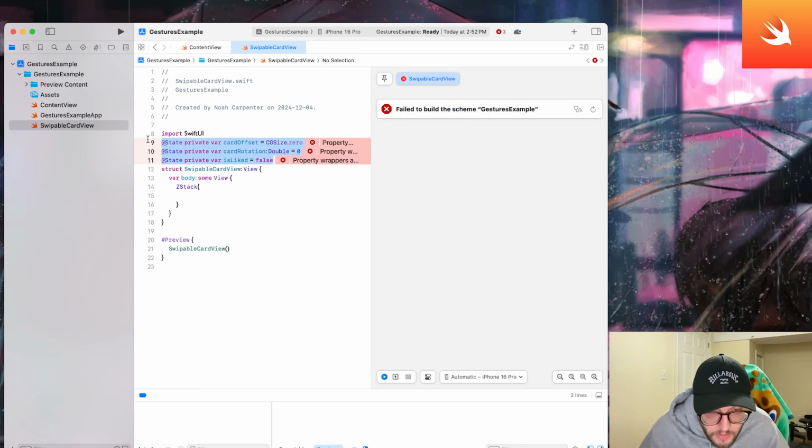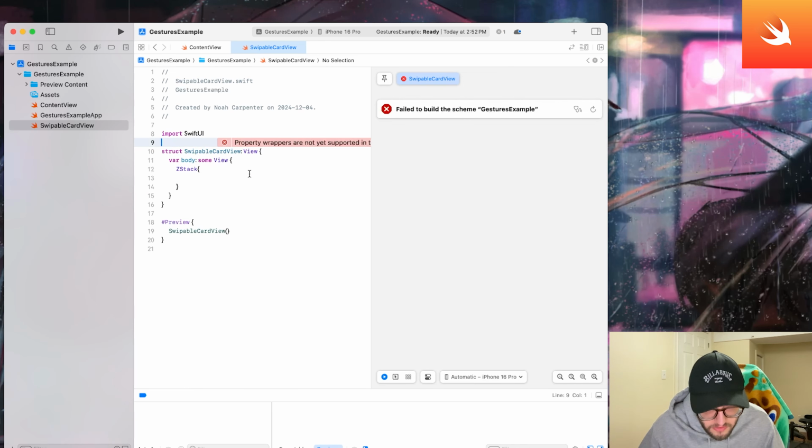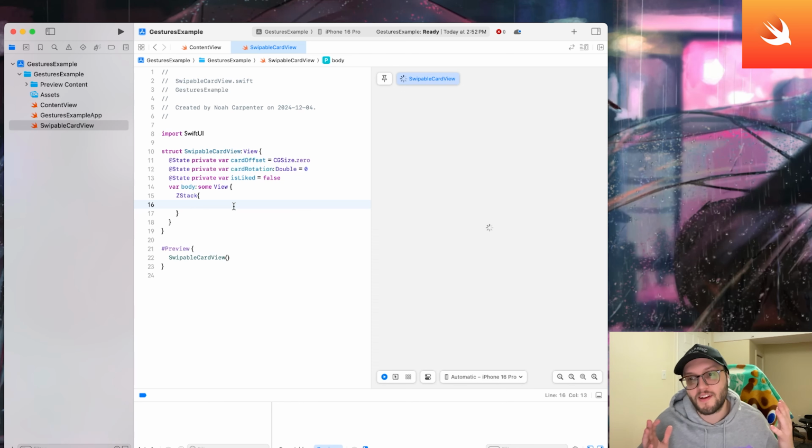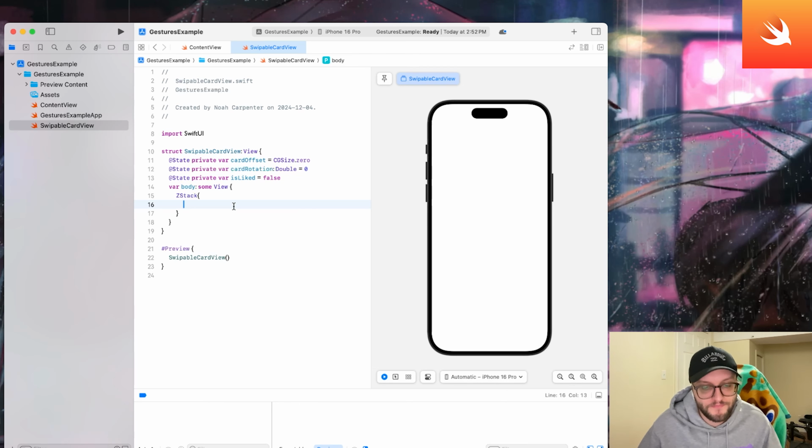Oh, actually, I know why these are here. I didn't put them under the structure. I'm going to Command X and Command V. Even after all this time, I still make silly mistakes, but I'm only human after all. Okay, now with our states under our structure and our ZStack added, let's go ahead and create